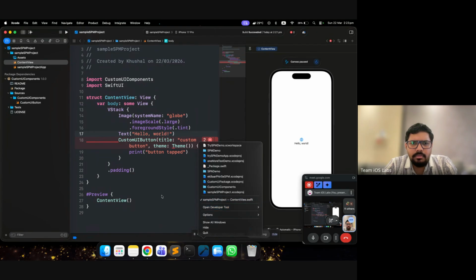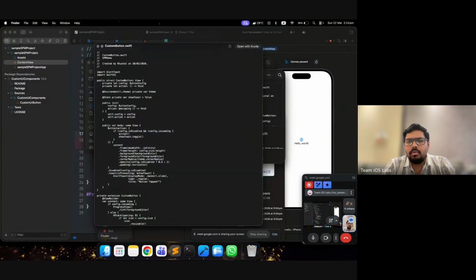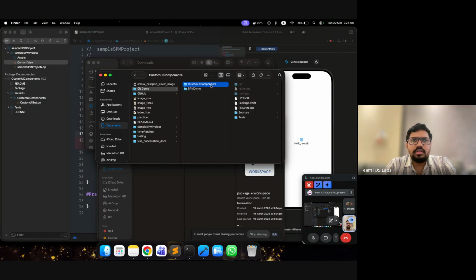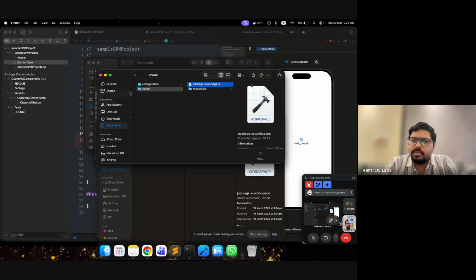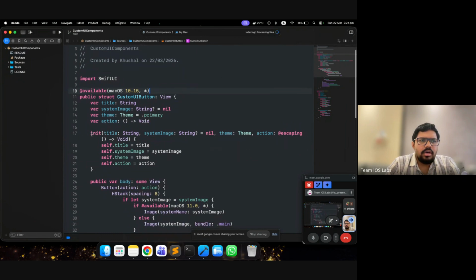So I'm moving to my SPM package code. Now you can see how you can open your SPM package, because it's not a normal Xcode project. See, our code is here, right? In our Git demo, this custom UI component. This is our package, right? If you look, there is no Xcode project file, no workspace file, nothing like that, right? But there are hidden files which I have already enabled. All hidden files you can see. So the Swift package manager folder is added. There you can find the package workspace basically. From there you can open the package project which we have created, right? This project we have created, and we just published it. So let's